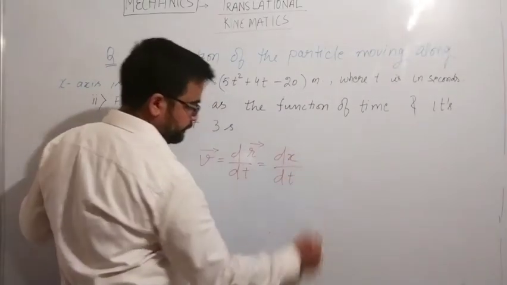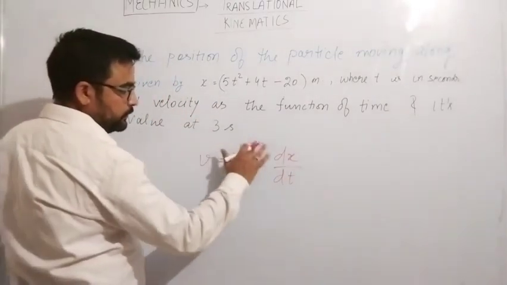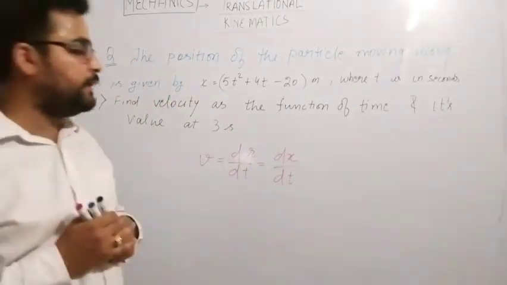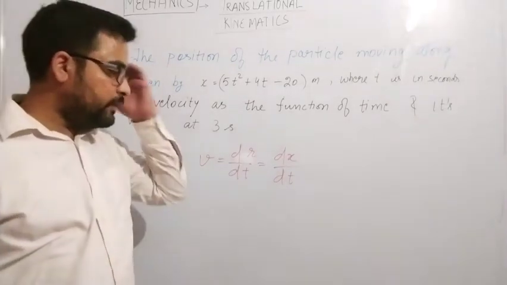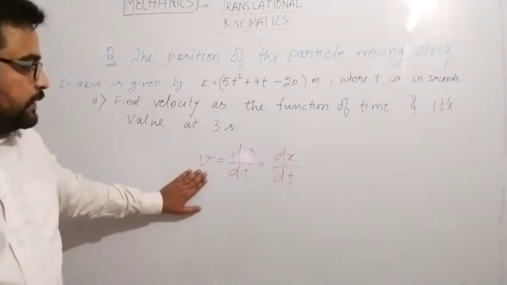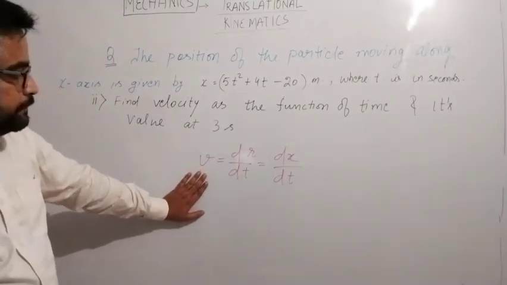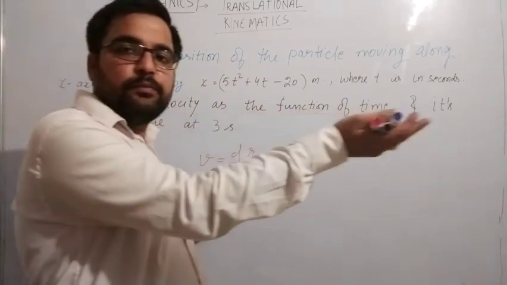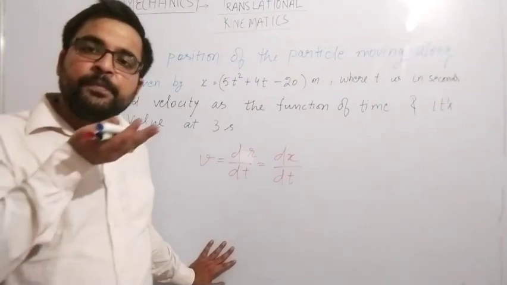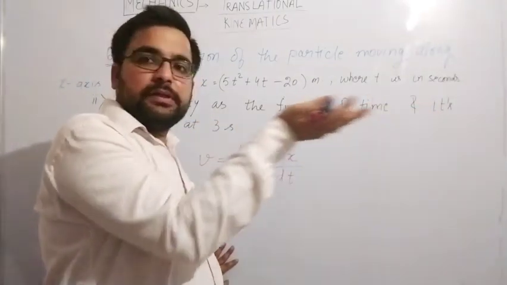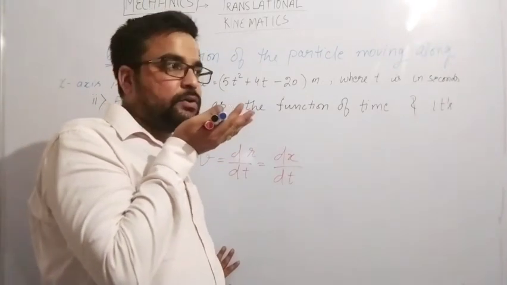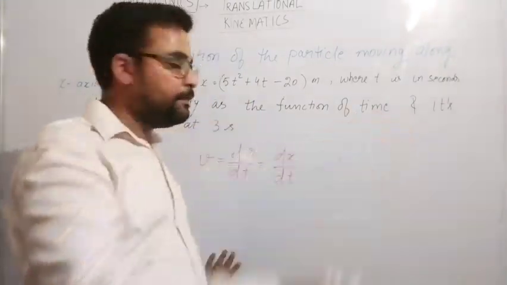So for the time being I am not concerned about the arrow sign because we are dealing in one dimension, right? So it is moving in one direction only. So that is not a concern. So instantaneous velocity, if the particle is moving in positive x direction, will always remain in the positive x direction. Even the average velocity will always remain in the positive x direction, right? Because it is actually continuing in one direction only, right?